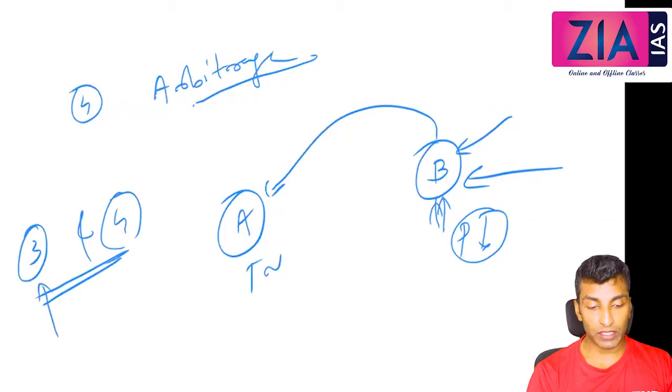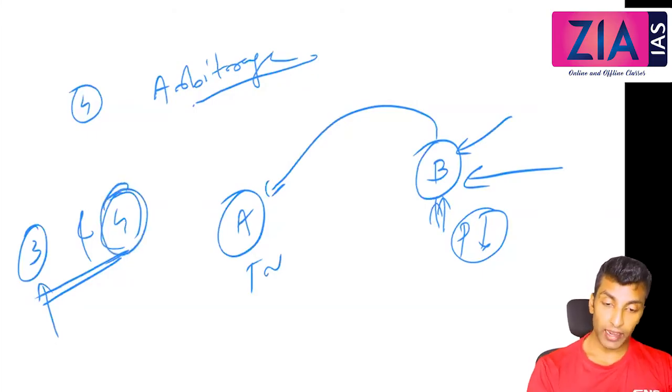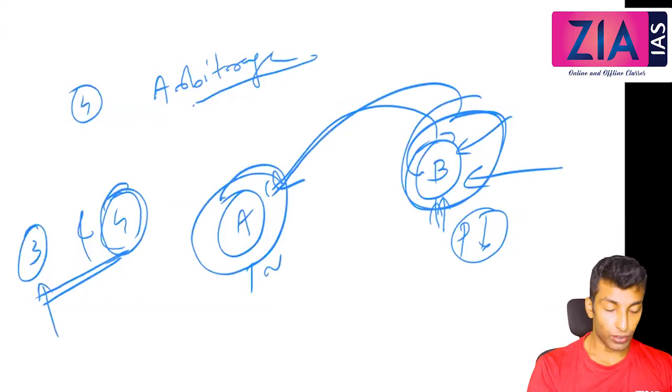Because you don't know whether the price will go up or not, right? You are expecting the price will go up, and that will be fine if it is going up. If you have very good knowledge of the market and you can do the analysis and everything, still you may go wrong. But in case of arbitrage, you clearly know here the price is less and here the price is more, so you can buy from here, you can sell here. Okay, so that is the main difference. In case of speculation, you don't know what is going to happen. The price may go up or down. But in case of arbitrage, you already know the difference.